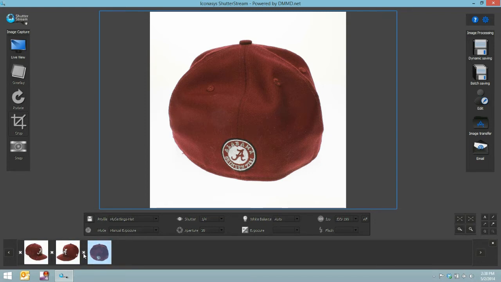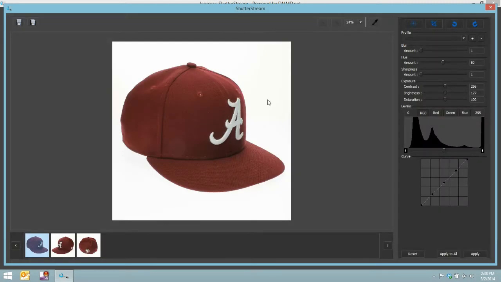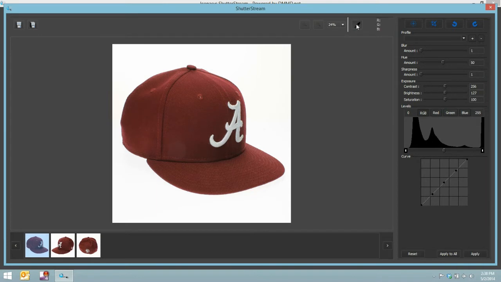So maybe it's for our website, and typically websites require a pure white background. We actually have an image editing tool that's very user-friendly built inside the software that allows us to make a few small changes to achieve a pure white background when we're shooting images with a consistent background in the first place. So I'll grab my eyedropper tool up here in the top right, and if you watch the RGB, this